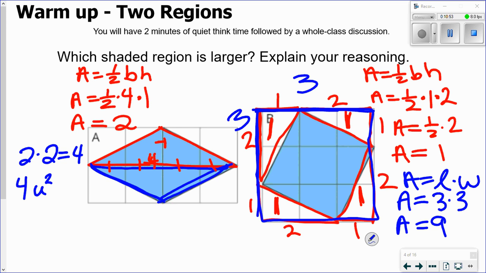So I need the blue space inside. I've calculated the entire space of 9 and the white spaces. So now I'm going to take the entire space and subtract the white from it. So I'm going to go 9 minus, oh, it's not 1 because there's actually 1, 2, 3, 4 of them. So it would be 9 minus 4, which gives me 5. So figure B has an area of 5 units squared,